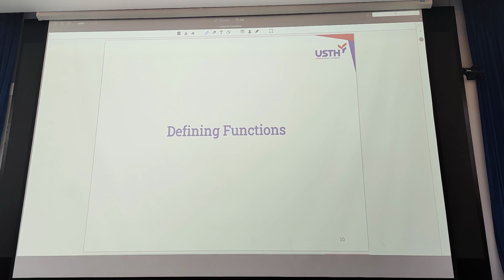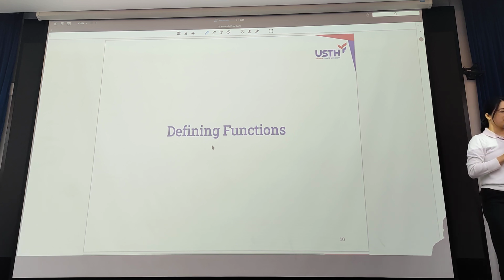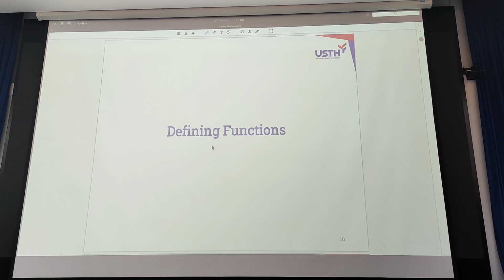Right. As I mentioned, I think you have heard about this several times. The teacher, the lecturer always asks you, please define everything before you talk about it. Give the definition before you talk about it.